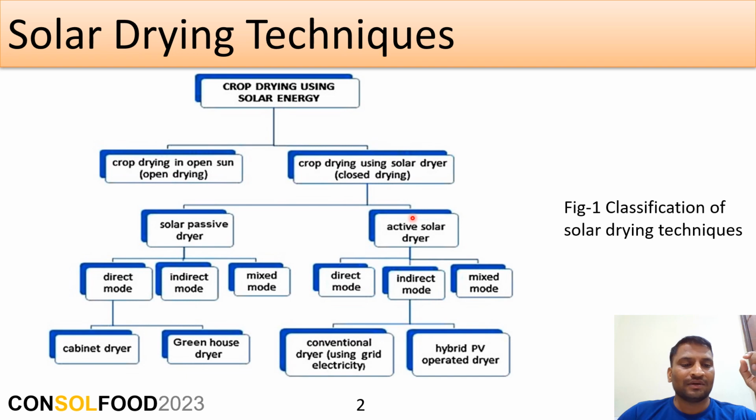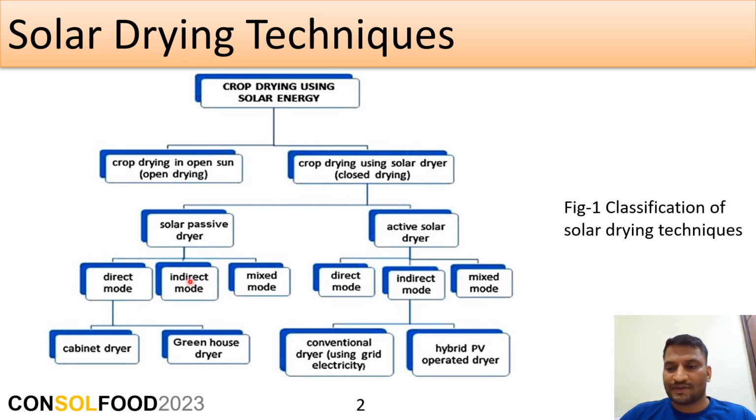Again, based on the working principle, the passive and active type solar dryers are classified into indirect mode, direct mode, and mixed mode. In direct mode, the product to be dried is placed into the drying chamber and is directly exposed to the solar radiation. So the removal of moisture from that product occurs because of direct heating by the solar radiation. But in case of